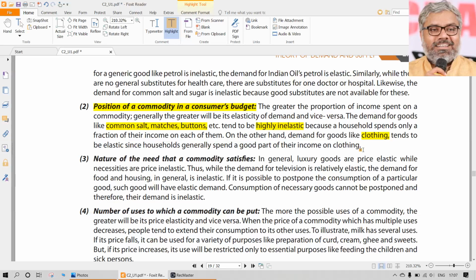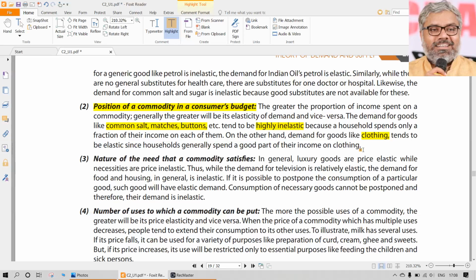Generally, no. Maybe once in two months, once in three months, depending once again on the financial status of the family. Some people may have the affordability of buying clothes only on festivals. Some people may have it only once or twice a year. Some people may not have that also. The periodicity of buying new clothes and wearing them is not the same for everybody, so a lot of differences will be there.